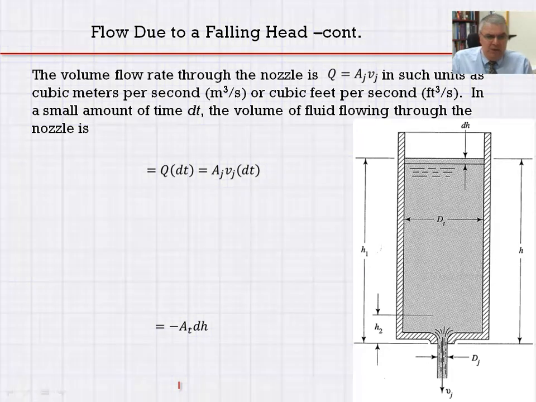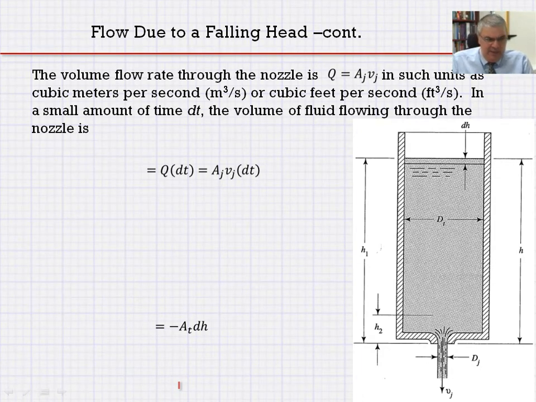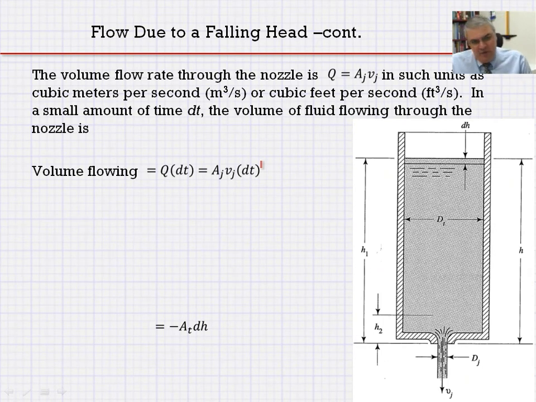If we want to take a look at a small fraction of time, we call that d sub t. You want to see how much discharge we are going to have through that nozzle. We have Q, A sub j times V sub j, multiplied by a fraction of a second. Could be 0.001 second or 0.01 seconds, and so on. So we call that